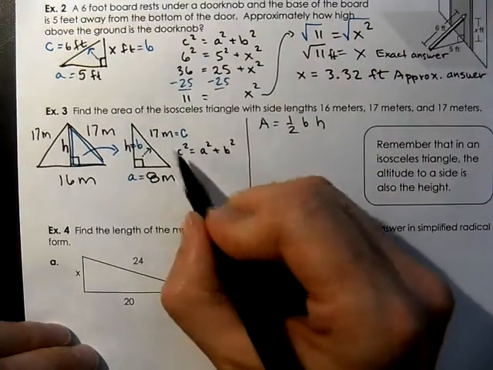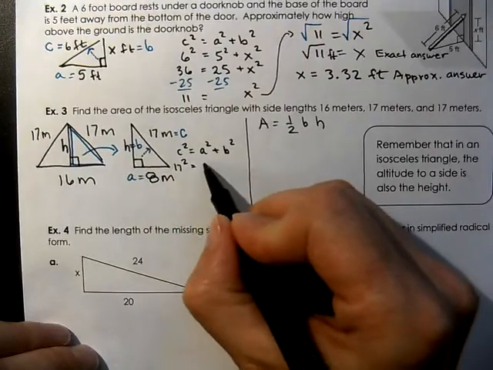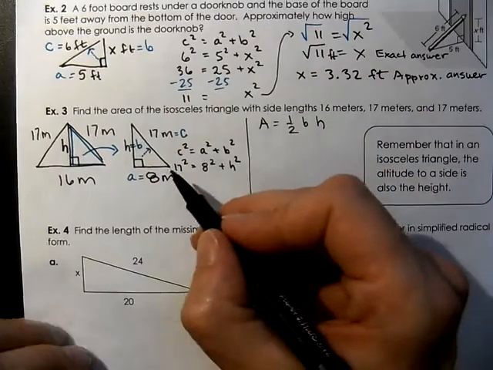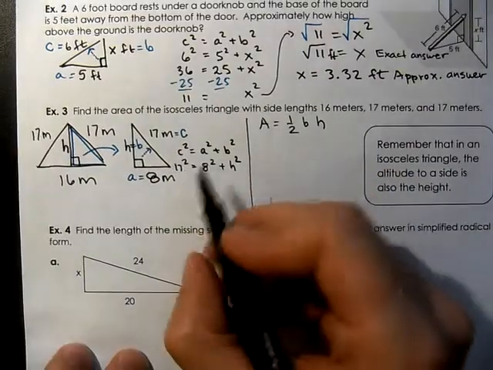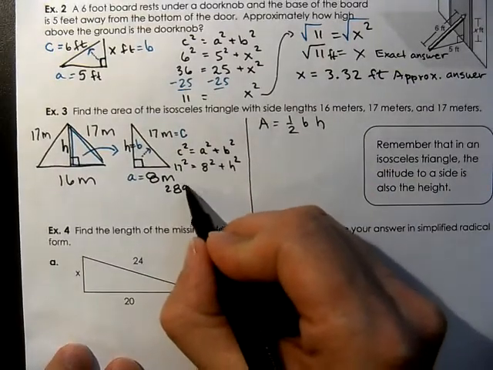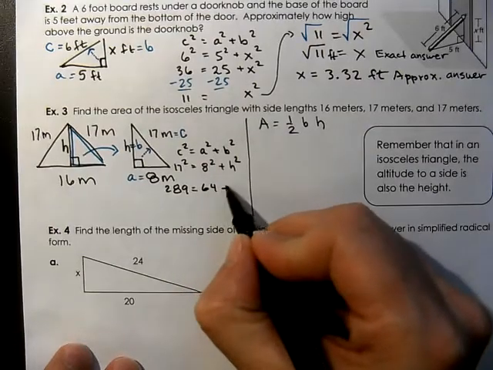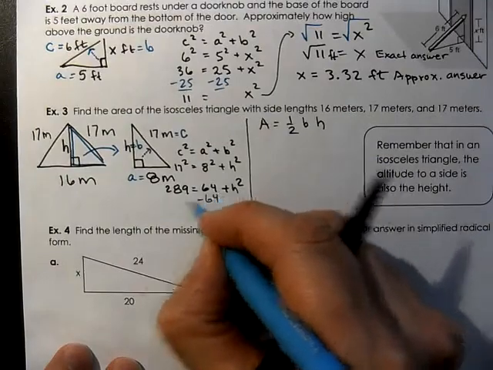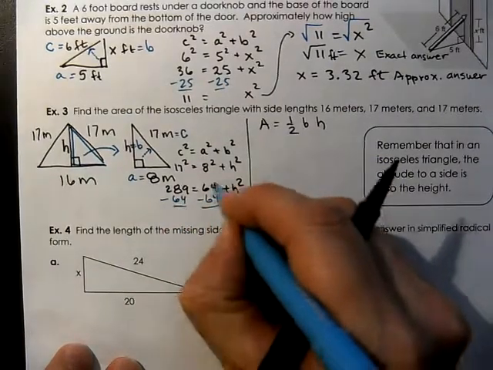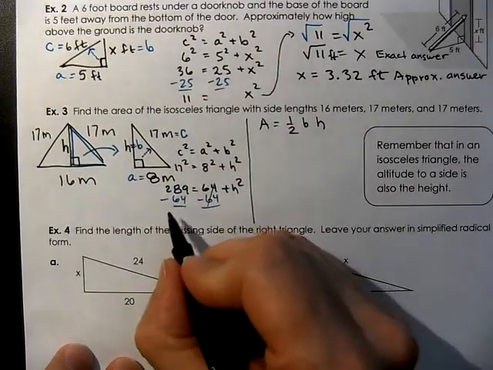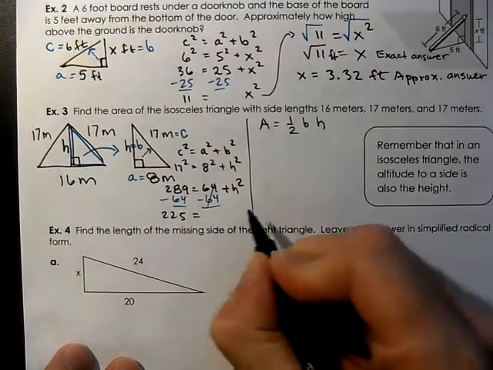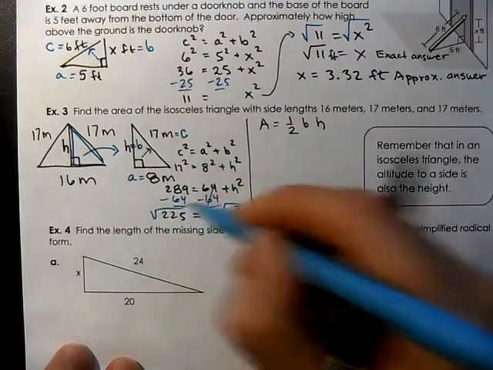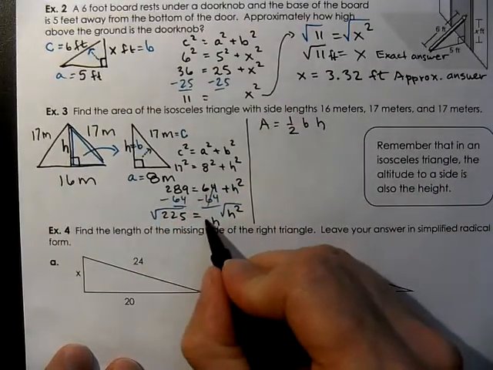C squared is the 17, so 17 squared equals 8 squared plus the height squared. So again, using my calculator here, 17 squared gives me 289 equals 64 plus h squared. Let's isolate the variable by moving the constant terms to the left-hand side. I'm subtracting 64 from both sides, and I get 225 equals h squared. Take the square root of both sides so that we can get h by itself, and